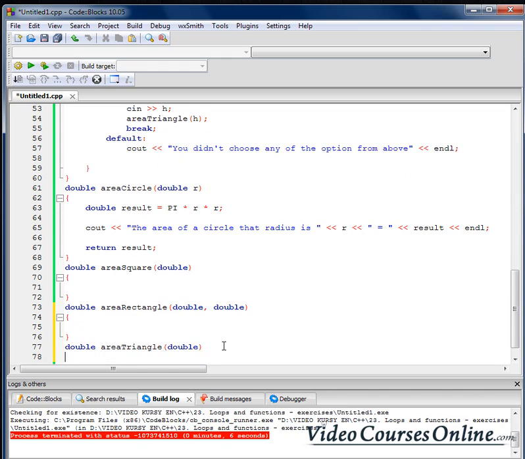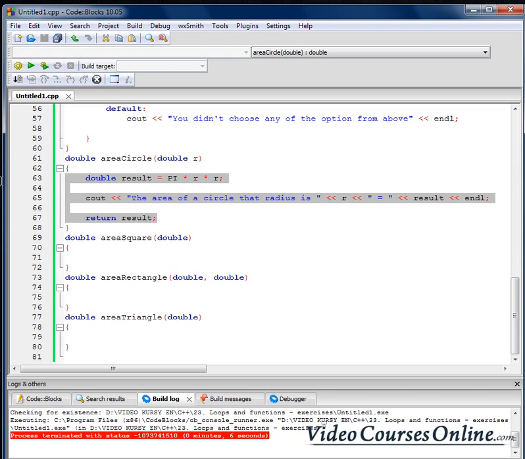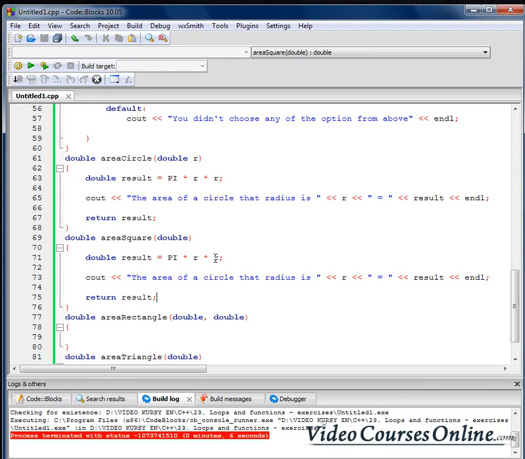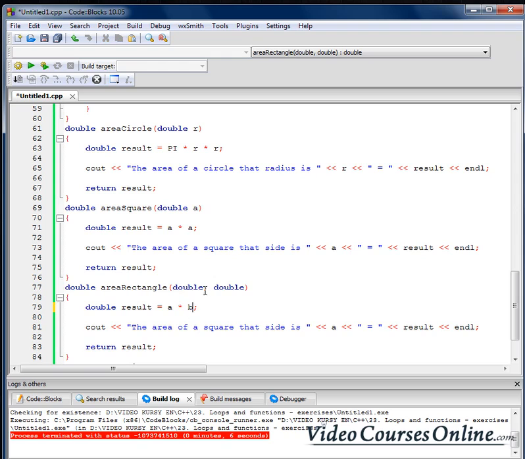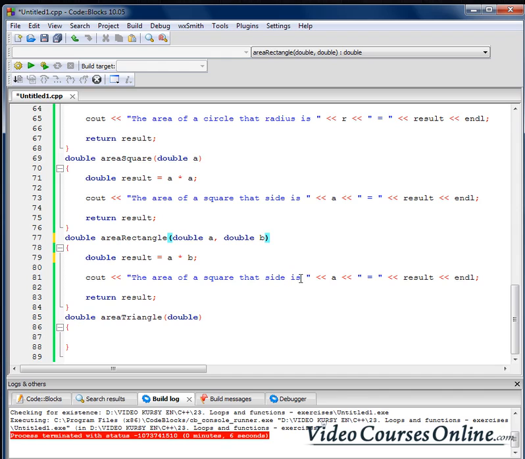So like that. And now area of the square is just a multiplied by a. So the area of a square that side is a equals the result, right? And now area of rectangle, so a multiplied by b, the area of a rectangle that's